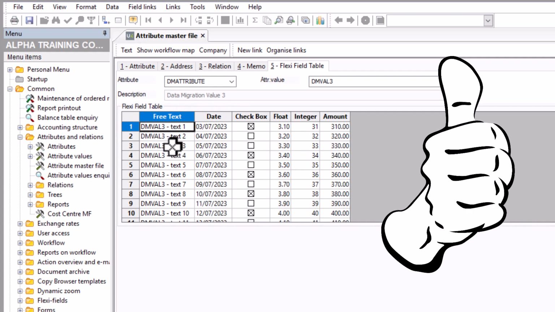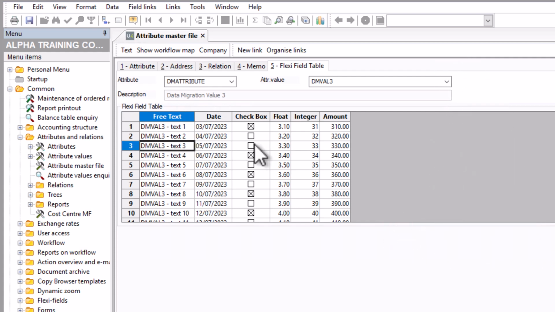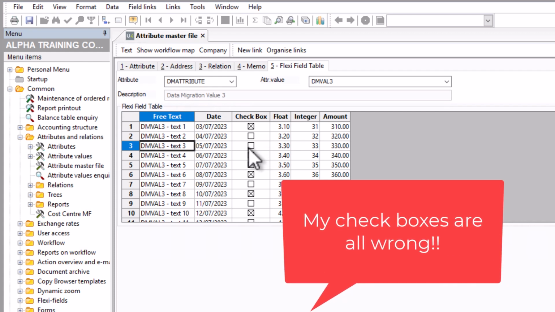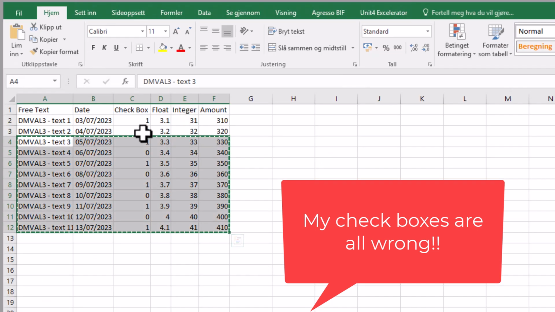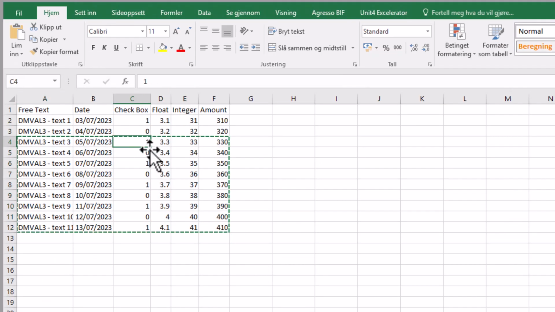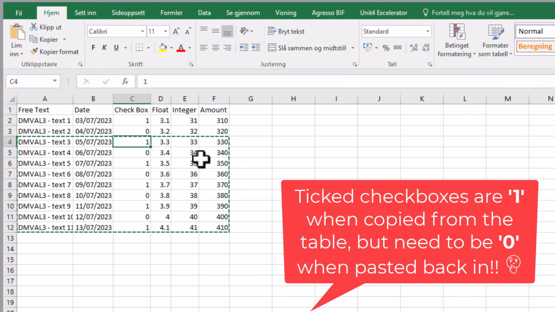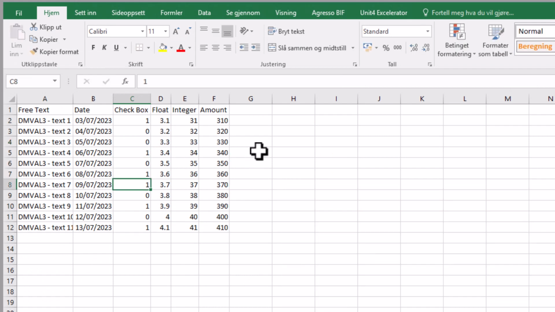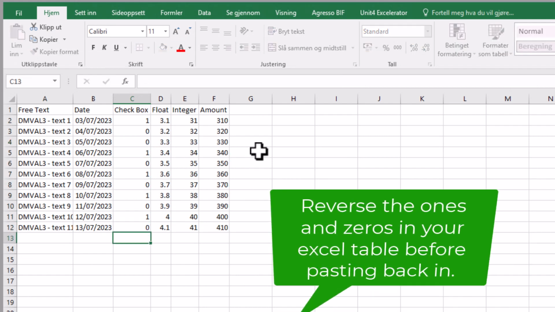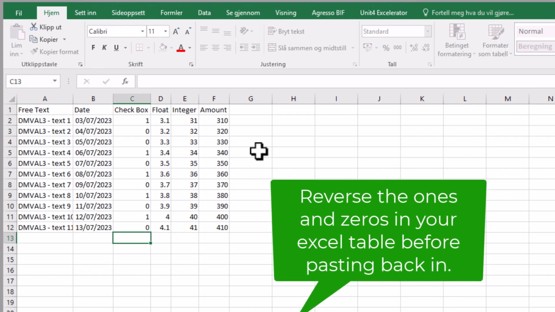The second quirk of the system is that you might notice that our line 3, the checkbox, is unticked, whereas in our Excel document, that line has a 1 in there, which we would think indicates that the checkbox is ticked. This has happened on all the rows. All the ones that are number 1 are actually unchecked, and all the ones that are number 0 are checked. So what we need to do is make sure that in our data in Excel, all the lines that we want to be unchecked are 1, and all the lines that we want to be checked are actually 0,